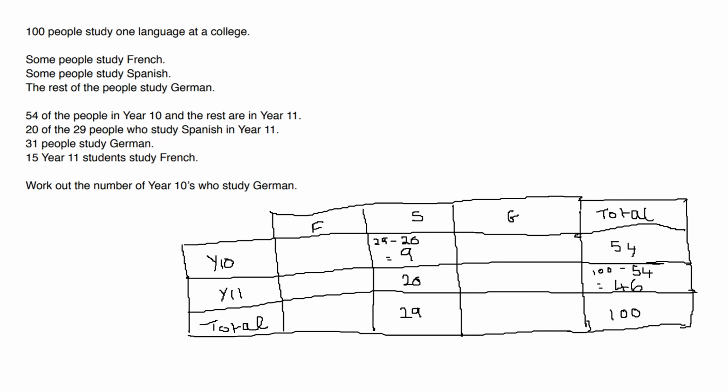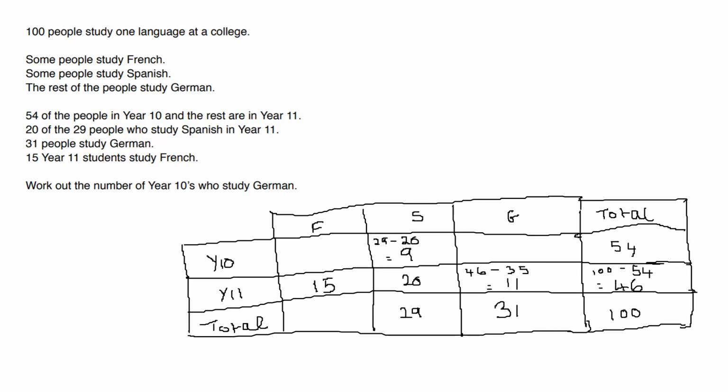31 people altogether study German, and 15 year 11 students study French. Now there's 46 students in year 11 altogether. 15 study French and 20 study Spanish. So that's 35 altogether. So if I find the difference between 46 and 35, that's going to give me 11 year 11s who study